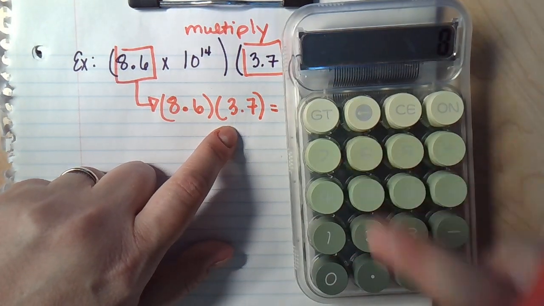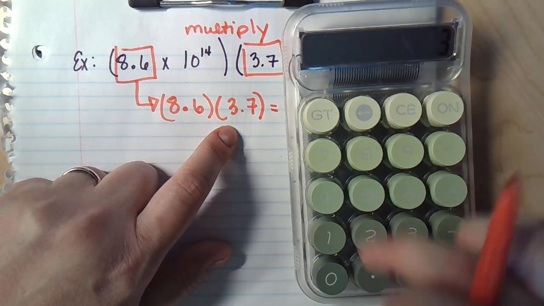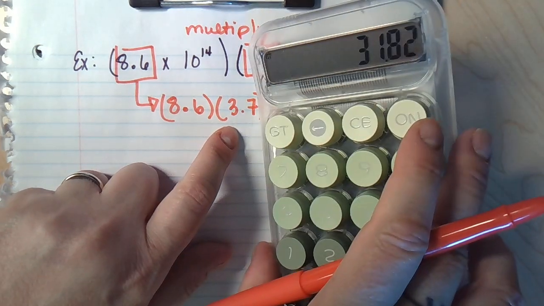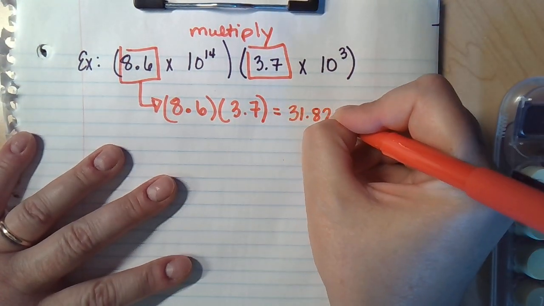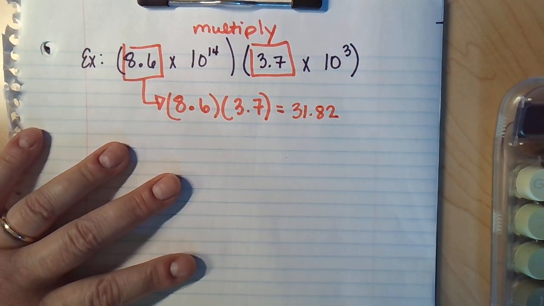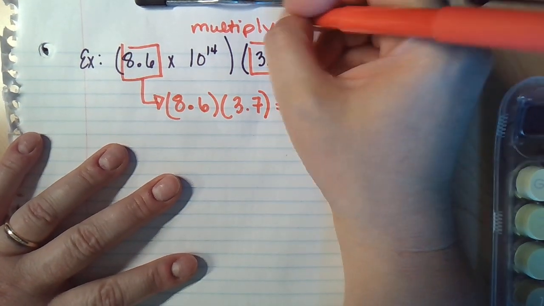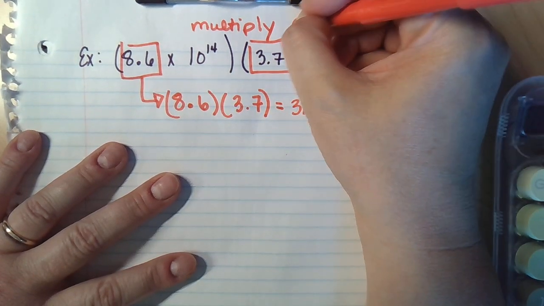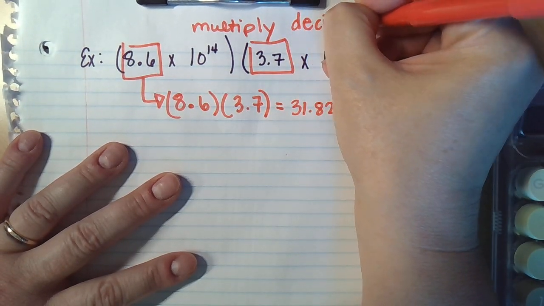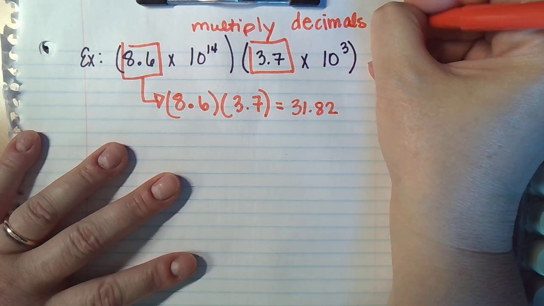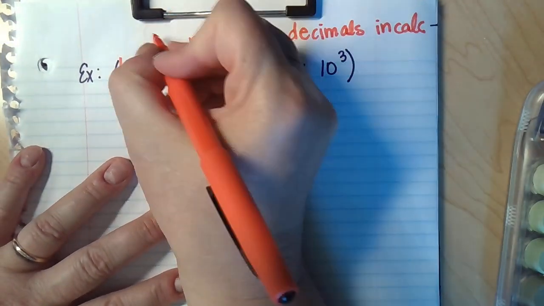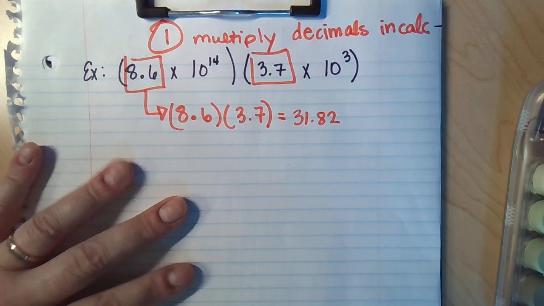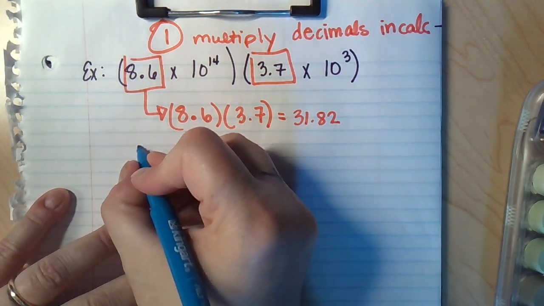Okay, 8.6 times 3.7. That makes 31.82. Okay, so that was our first step. Multiply the decimals in your calculator, just like normal. So you did. Okay, that's your first step. Bam! Okay, your second step